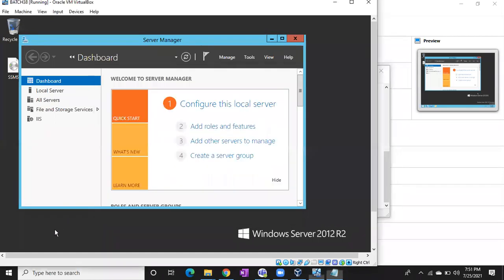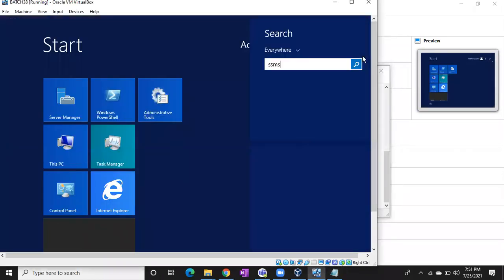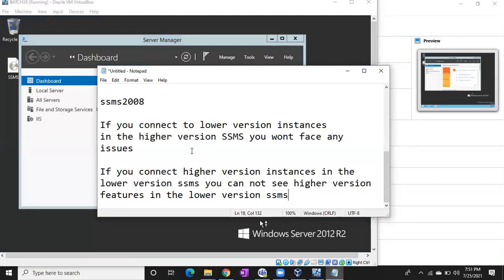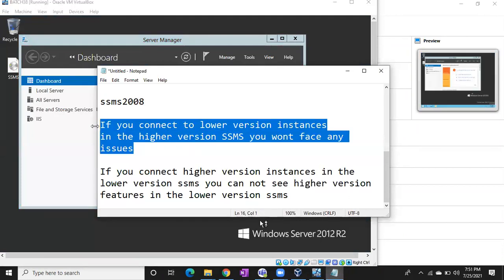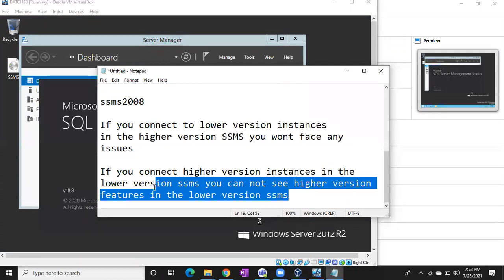Let me know, please. Everyone, is it clear? Simply, if you connect your lower version instances in the higher version Management Studio, you can see all the features. In any version of SSMS, you can connect to any version of instance.